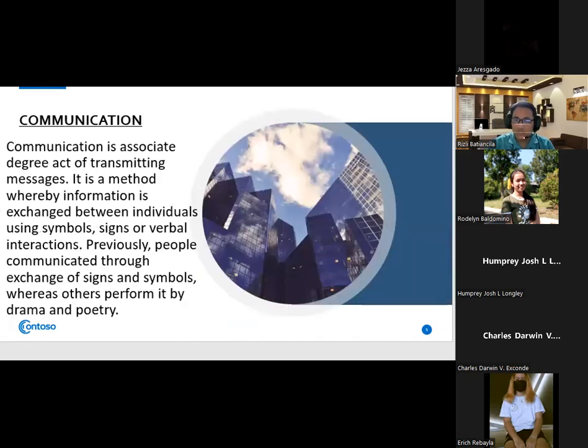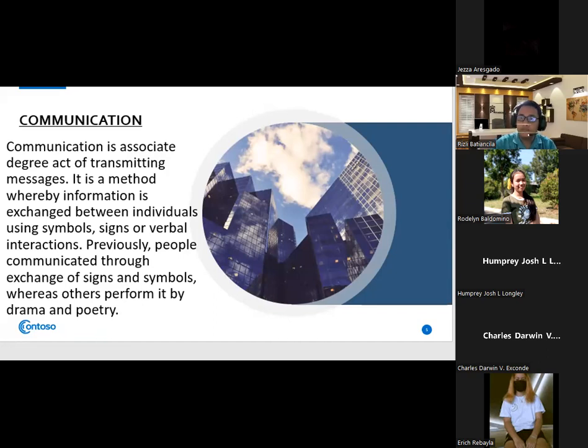Next, when we say communication, so communication is the act of transmitting messages. It is a method whereby information is exchanged between individuals using symbols, signs, or verbal interactions. Previously, people communicated through exchange of signs and symbols, whereas others performed it by drama and poetry. No, pero yung drama at poetry when it comes to communication is